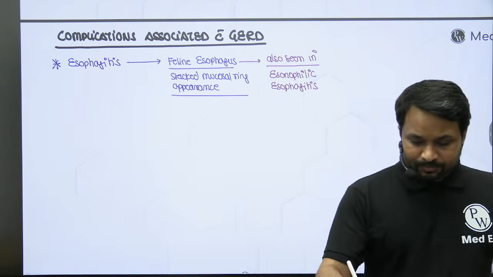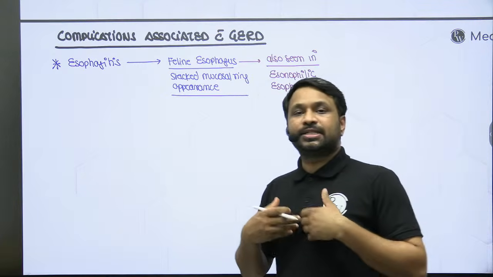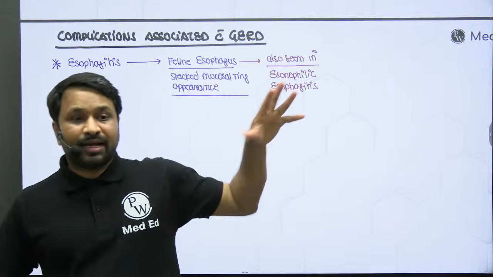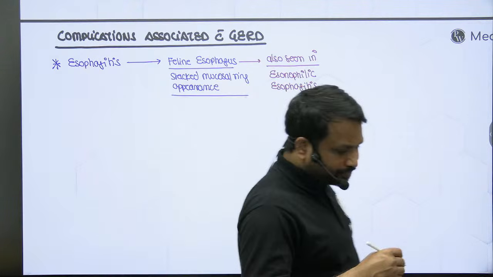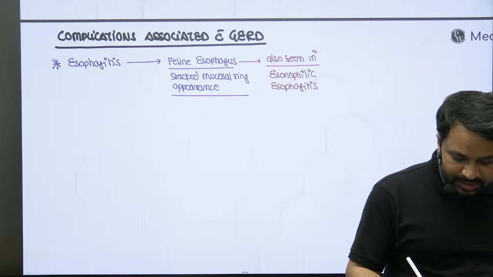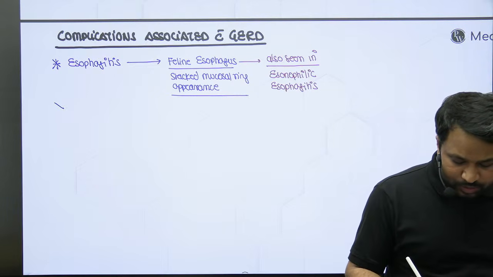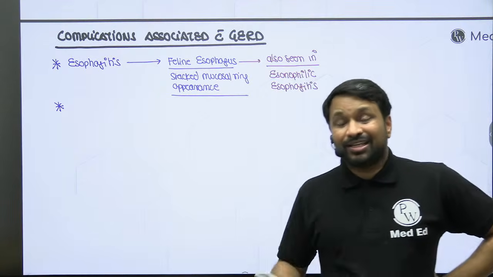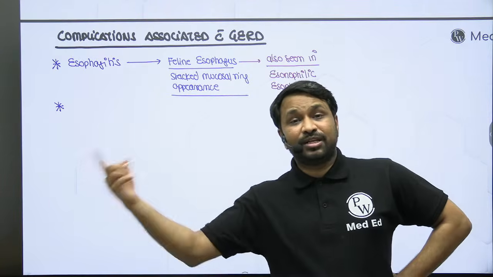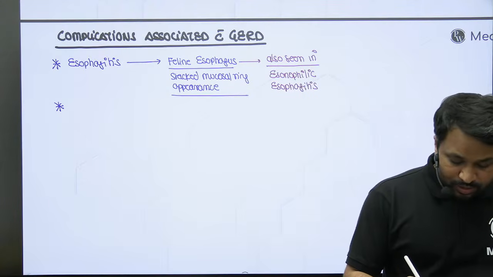Now, as the acid refluxes, it causes injury to the esophageal mucosa. That injury to the esophageal mucosa will heal by inflammation. That is called esophagitis, right? Now, repeated inflammation anywhere in the body is going to heal by fibrosis. If the GERD is not treated, this esophagitis will occur repeatedly. Repeated esophageal inflammation, repeated inflammation healed by fibrosis, and that fibrosis will result in